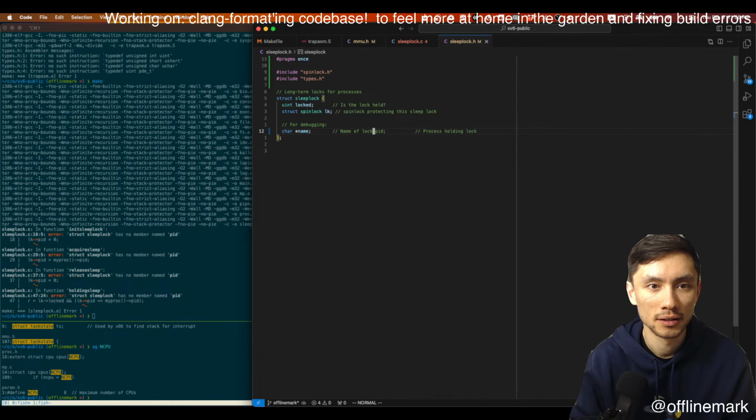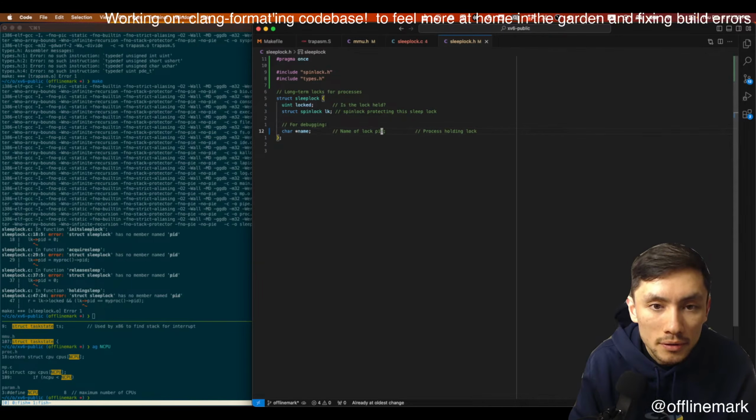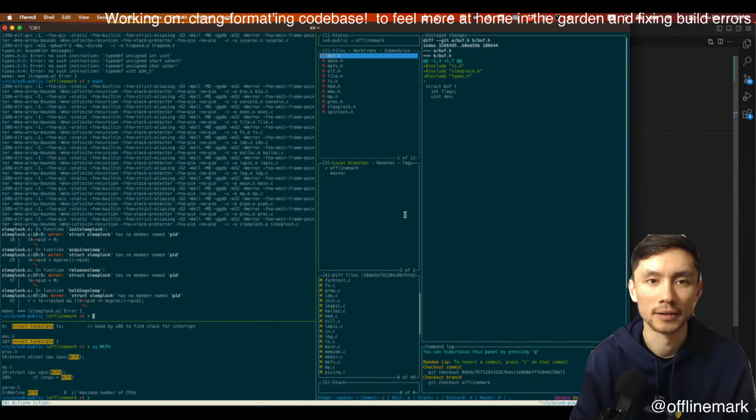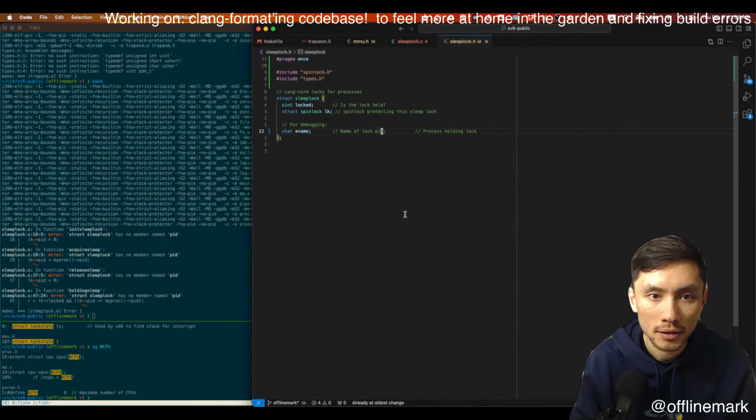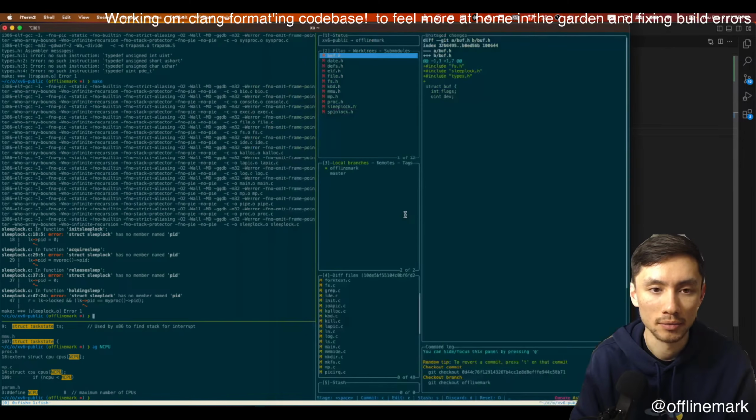Sleeplock.h? Oh, oops. I think I... what the hell? For debugging. Sleeplock. I think I broke something.